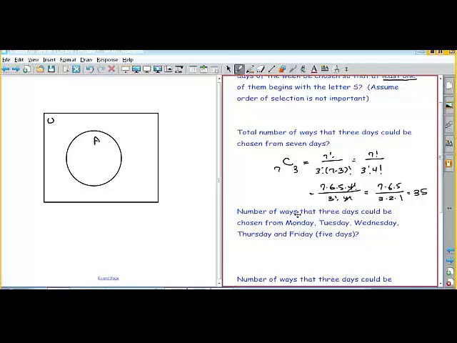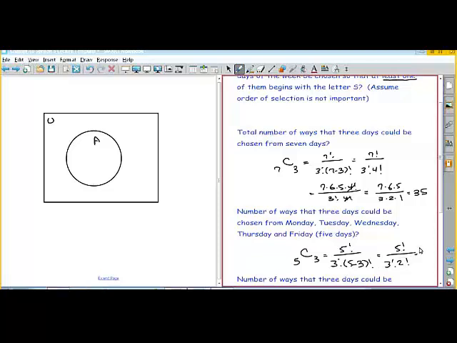This is asking the complement question. The number of ways that 3 days could be chosen from the 5 non-S days. So that way, we're still choosing 3 days, but we only have 5 days to choose from. So that's going to be 5 factorial divided by 3 factorial times 5 minus 3 factorial. And we do the math in the parentheses first. And in this case,